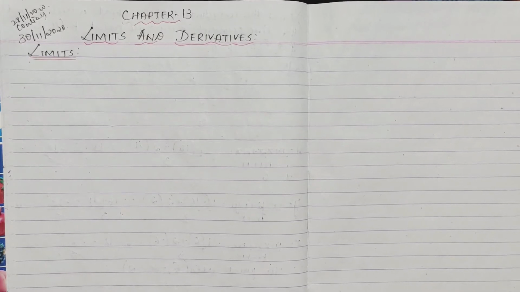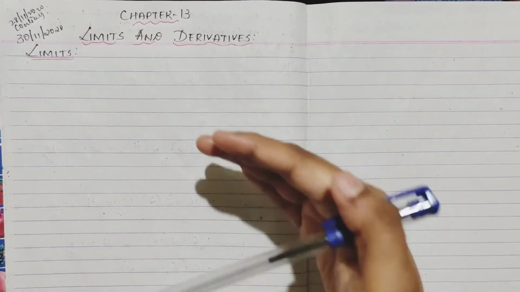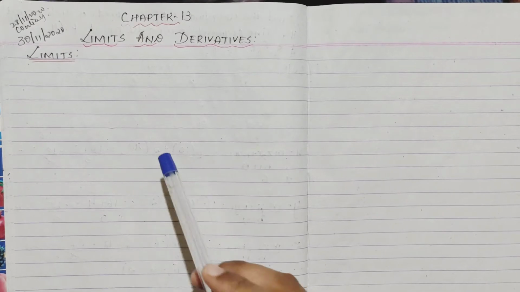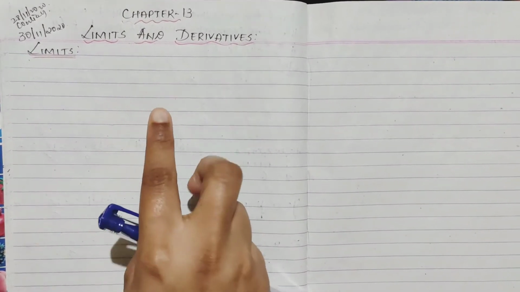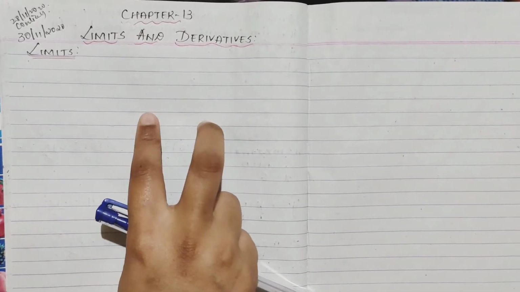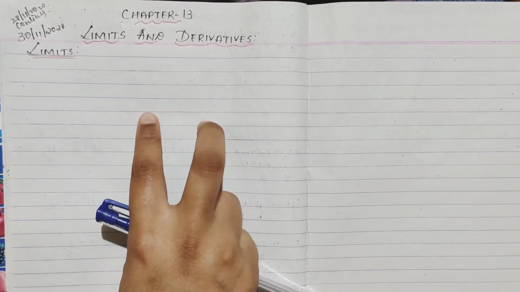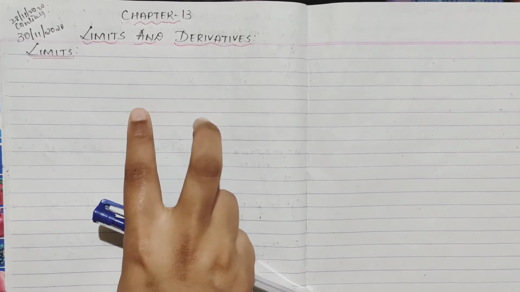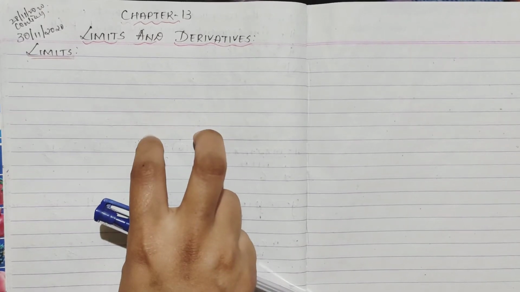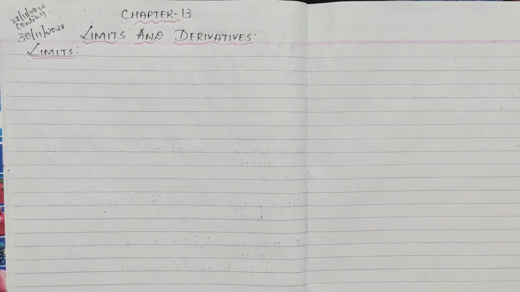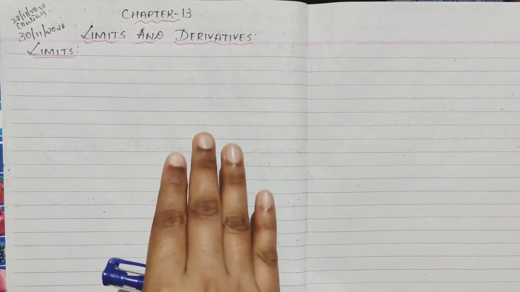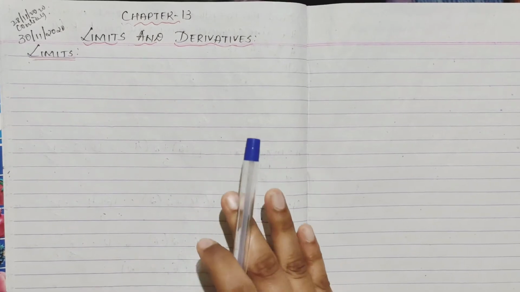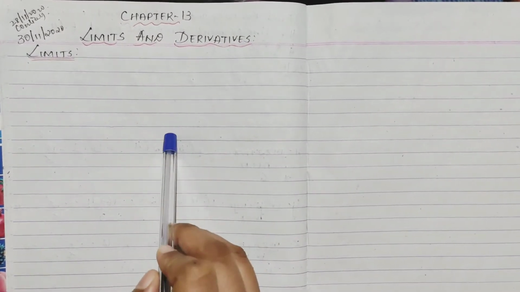See, limit generally means giving some boundary, right? Like you're standing in a row. Suppose two students are standing in a row. The first person is there and you're the second person. They have said you have to step forward by 1 centimeter or 1 meter, or by your hand, at shoulder level. You have to move just one step according to your shoulder level. So your limit is up to there, right?